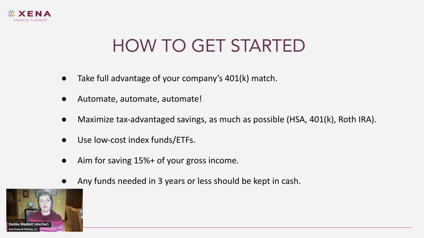You want to save, if you can, at least 15% of your gross income. Gross means before any taxes or anything else is taken out. So if you make $100,000 a year in salary, you should probably be saving $15,000-ish a year, potentially more if that's possible. But that's just a rule of thumb. It's not precisely the right amount for every single person, but it's a good starting place. So save at least 15%, and ideally in those tax advantaged types of savings.